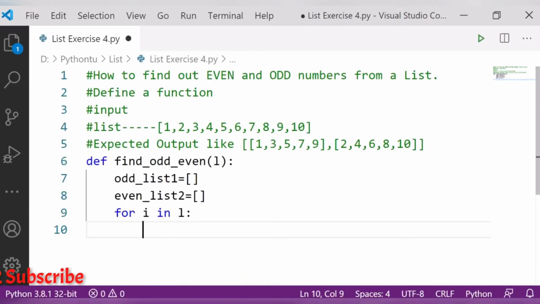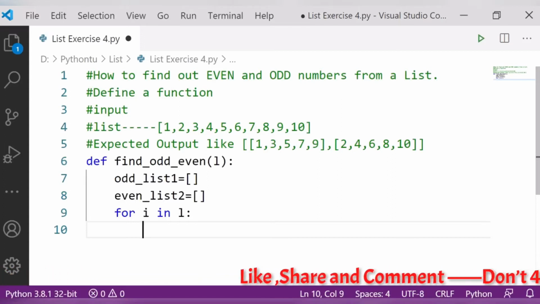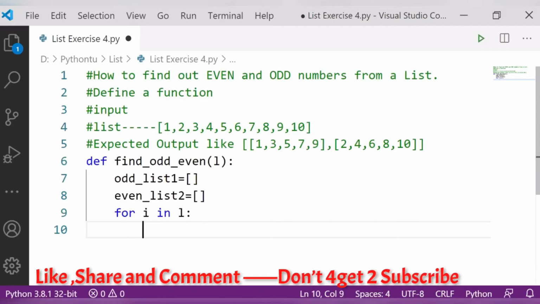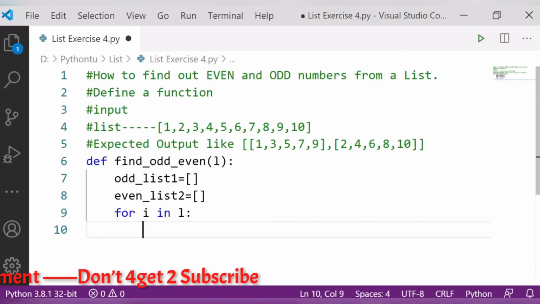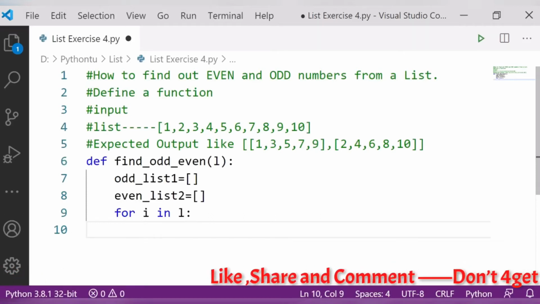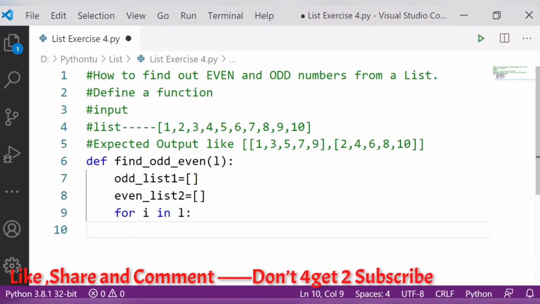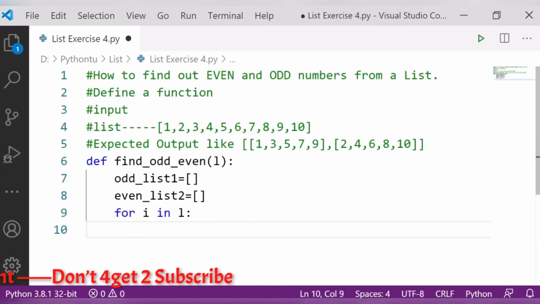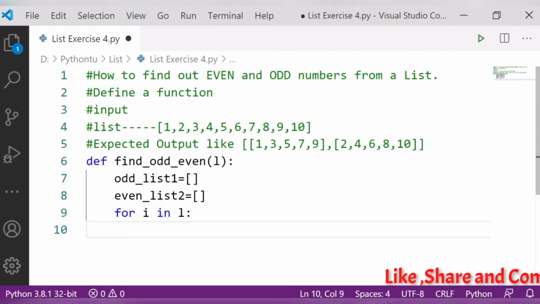If the remainder comes 0, then we say it's an even number. And if a remainder comes, because it's not completely divisible, like 1, 2, 3, then we say it's odd. Let's see how we will do it with the help of a list in Python.